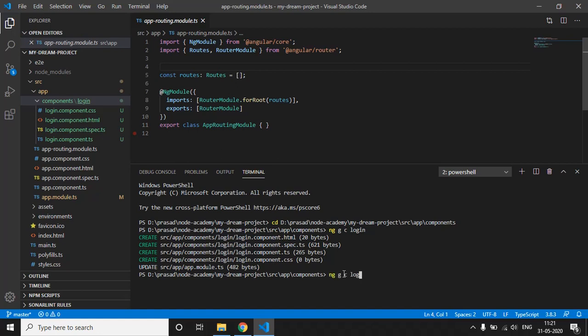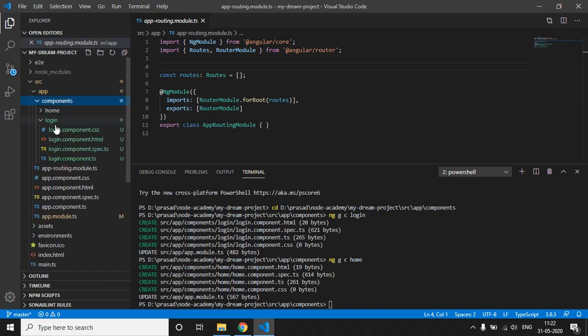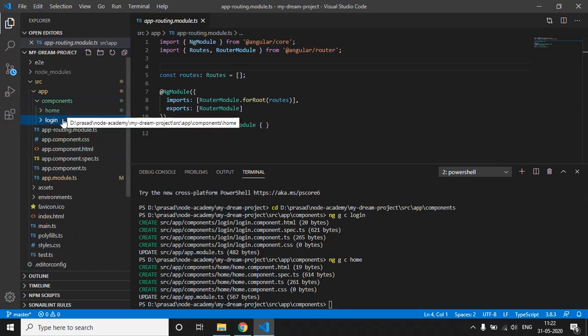We can call it home: ng g c home. So we have just created another component named home. Now in our components directory, we have our two components, login and home.